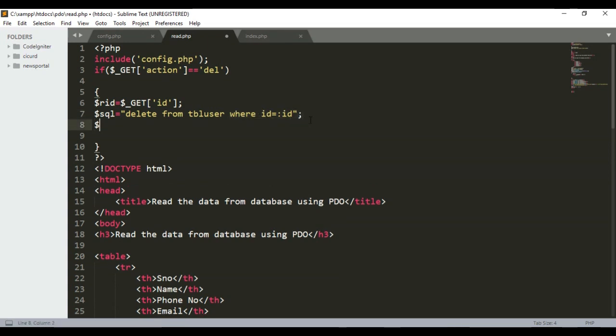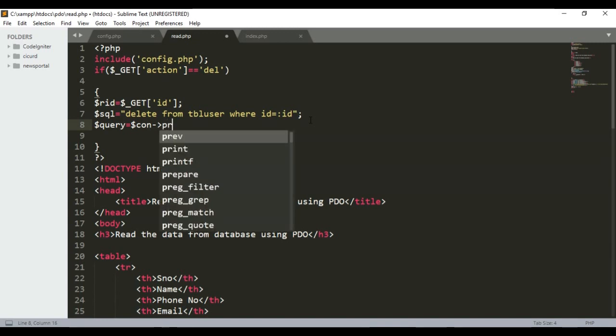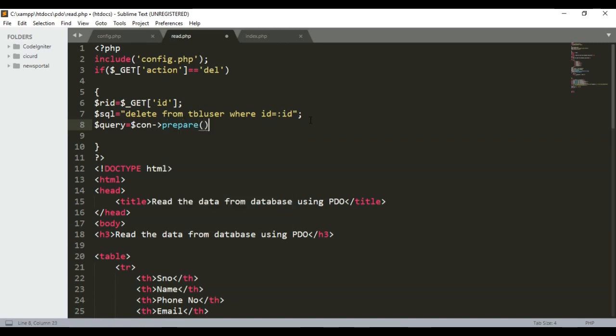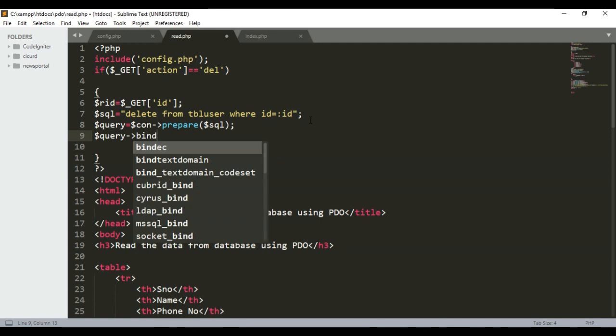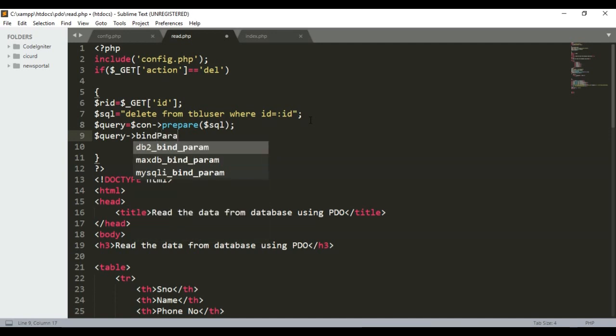Now prepare the query. Now bind the row ID, placeholder, variable.